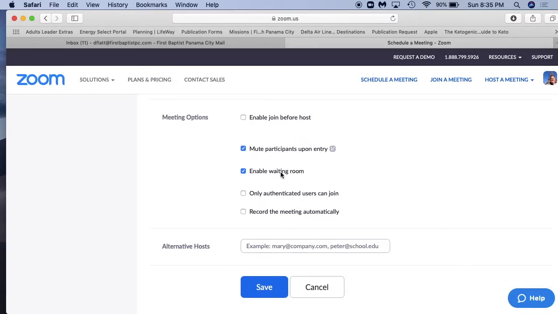And then I would enable waiting room. And waiting room means that the host of the meeting has to, a little note will pop up and say, David Flat wants to join the meeting. And the host has to click on it to let them in the meeting. These two things will get rid of most of the problems of somebody trying to get into your account. So you save that,